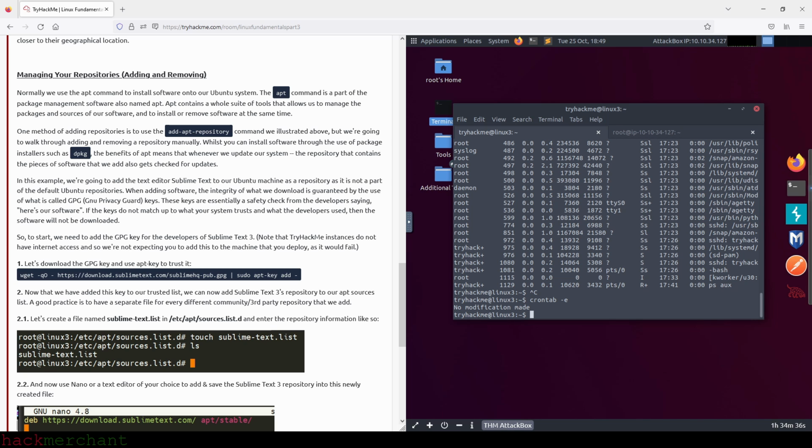Note that TryHackMe instances do not have internet access, and so we are not expecting you to add this to the machine that you deploy, as it would fail. First, let's download the GPG key and use apt-key to trust it. Next, now that we have added this key to our trusted list, we can add Sublime Text 3's repository to